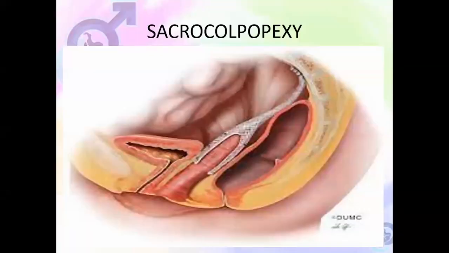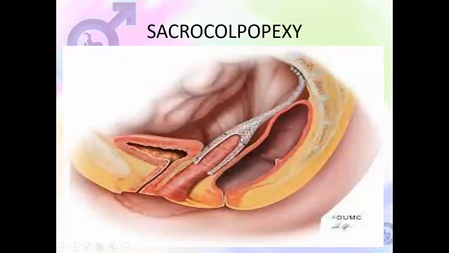The sacrocolpopexy is a long procedure. It takes me about 2.5 to 3 hours to do one sacrocolpopexy. It takes a long time. If a woman has had a hysterectomy and she has got vault prolapse like we've seen, you have to go abdominally and attach that vault with a mesh to the sacrum bone.